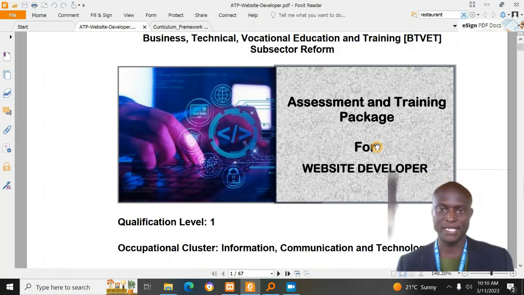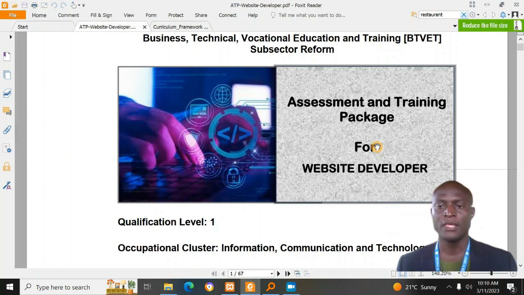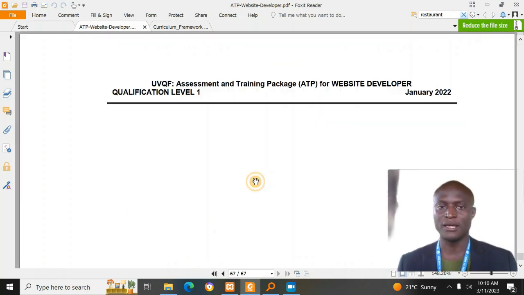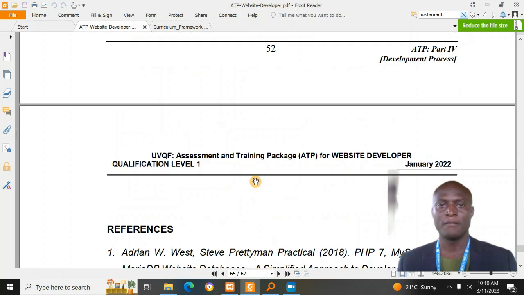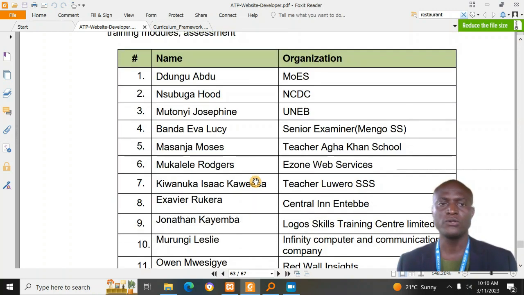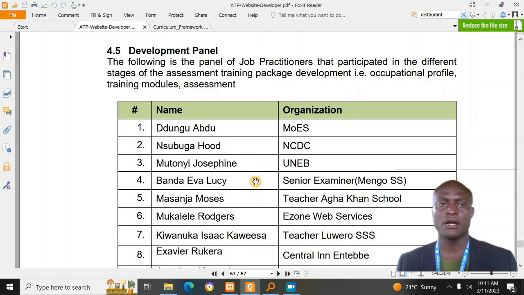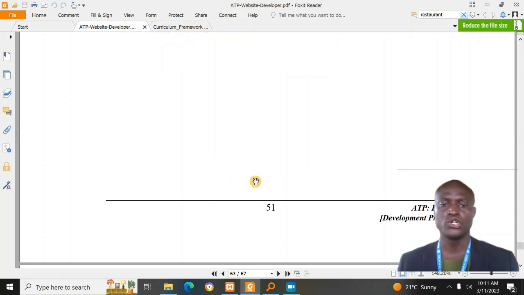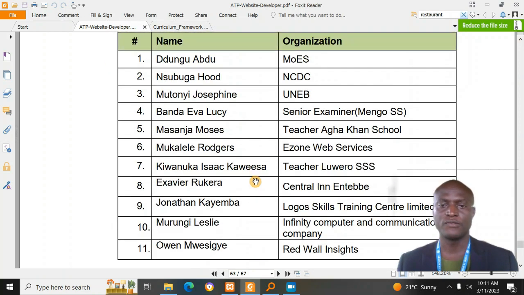and today at WordCamp Entebbe we are looking at websites. So we want to look at how we prepare our learners so that they can sit for DIT assessment for the world of work as a website developer. I happen to be one of the members who participated in the panel. If you go to this book at the end, on page 51 of this book, you'll find